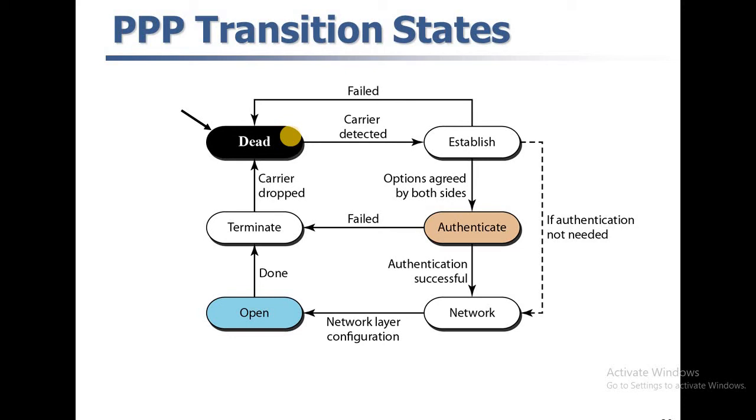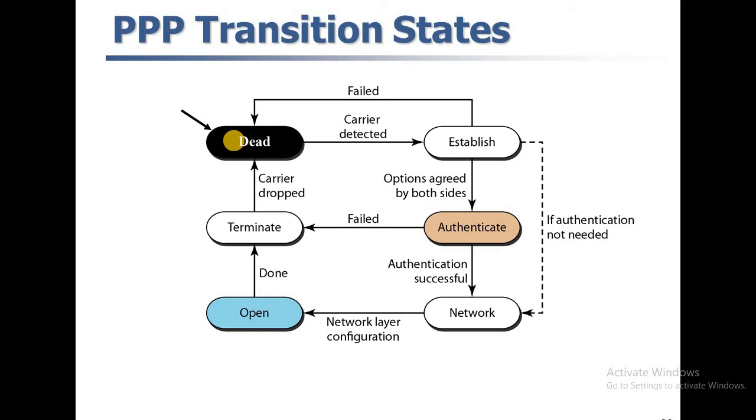Next is about the transition phases of PPP. Here PPP goes through many phases, and those phases are indicated with the FSM diagram. Initially, we start with the dead phase. This is the initial phase, also called the dead stage. In this stage, there is no active carrier, and the line is quiet, which means there is no sending or receiving device. All are in an active state, but the link is idle right now. So that is called the dead stage.